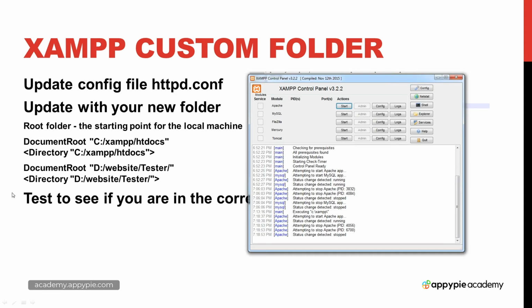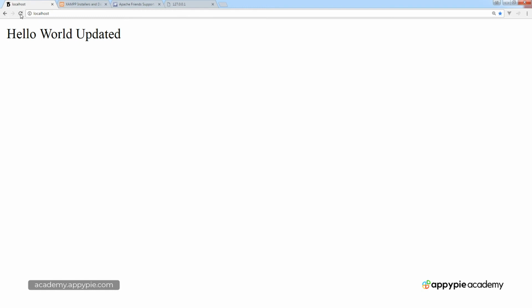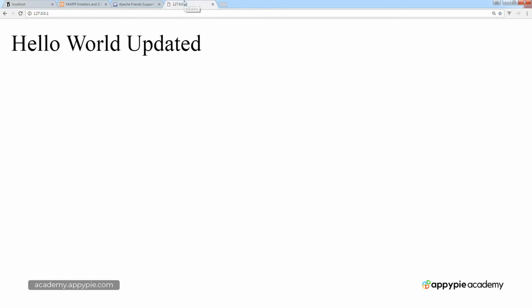So first of all, make sure that your XAMPP is up and running. So once you've installed XAMPP, go ahead and click Start on the Apache machine, Start on the MySQL if you want, or we don't actually need that right now for this lesson, but go ahead and start Apache. We can see that now the ports that are being used are 80 and 443 for the SSL certificate port. So we're all ready to go. Open up your web browser, go over either to localhost, or go over to your